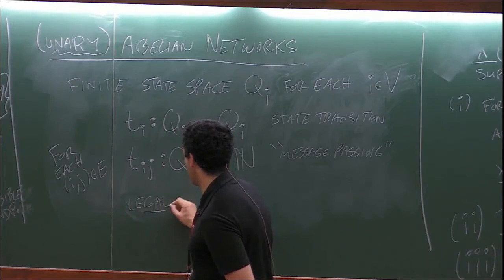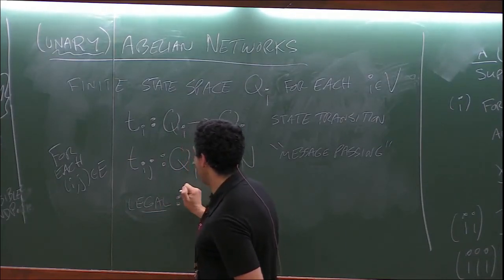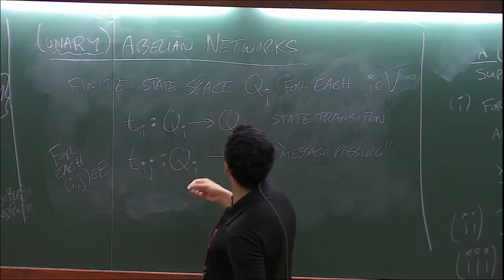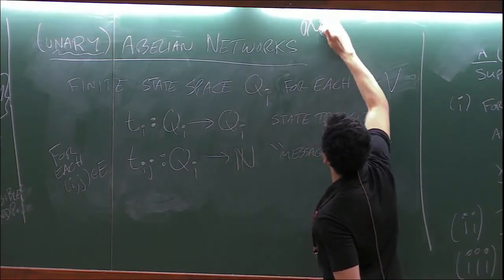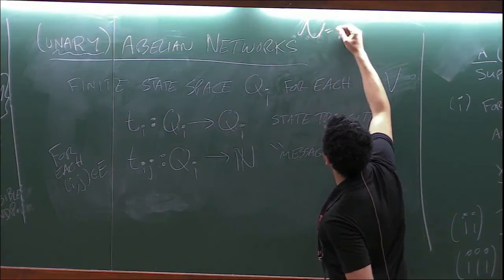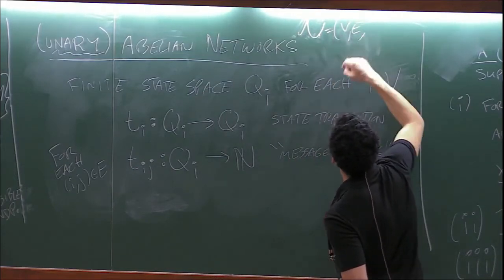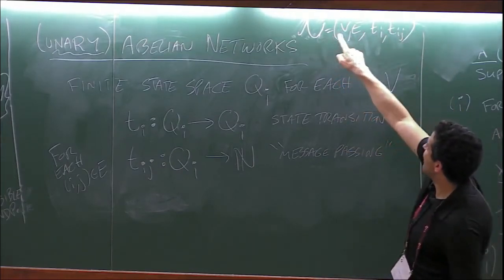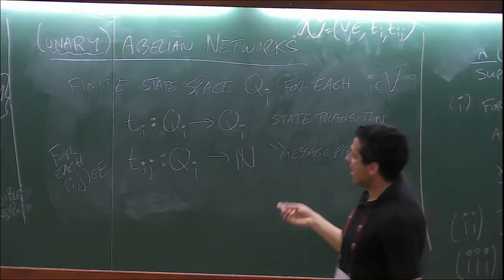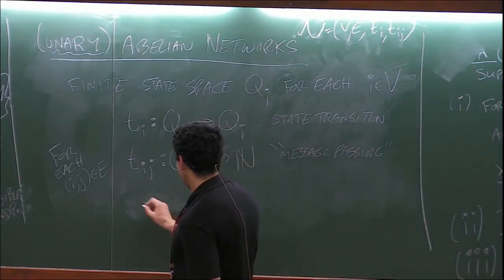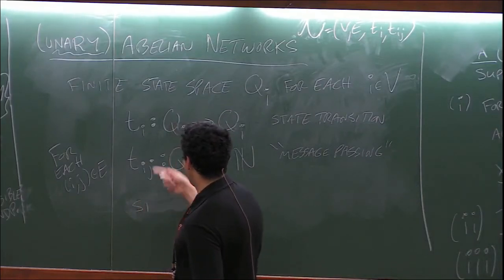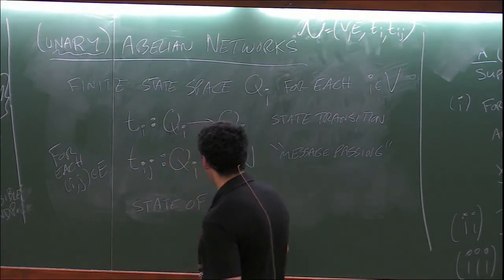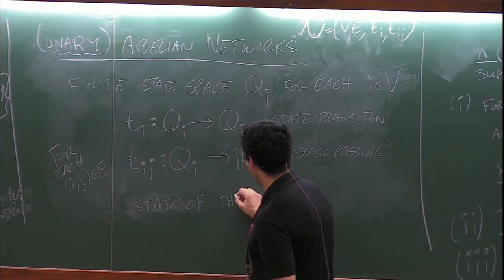So let's just spell out what legal would mean in this setting. Well, I should first say what a state of the network is. The data for the network is the graph and the T_i's and the T_ij's. So this N is an abelian network. Then what does the network actually do? Well, if you want to specify the full state of the whole network,